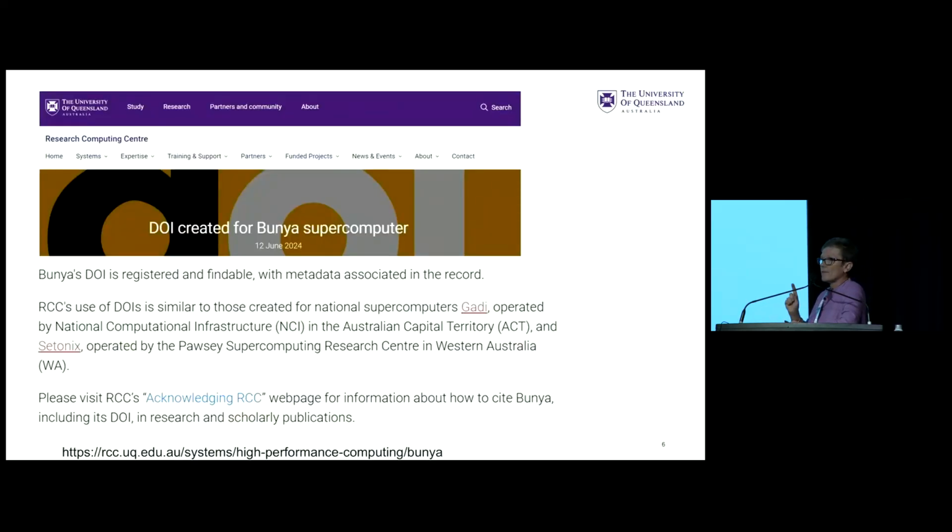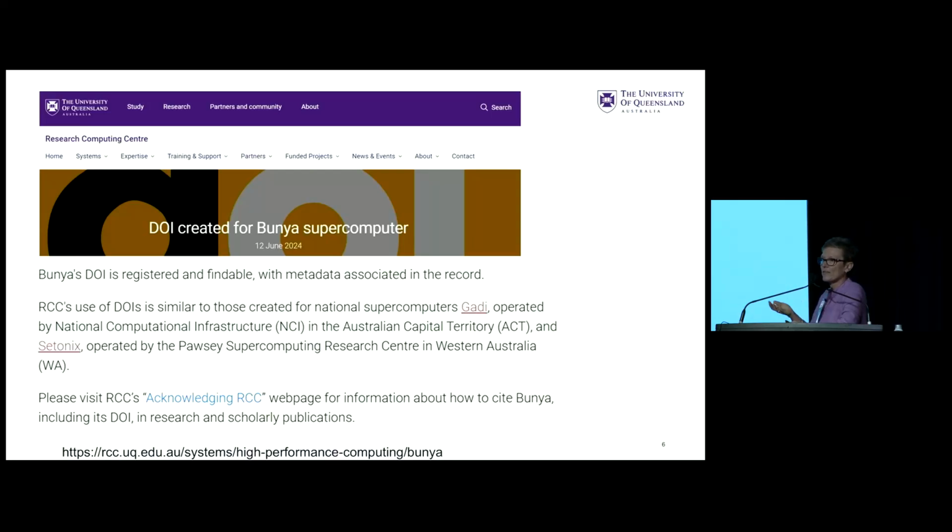The same cannot be said for the way we started doing instrument PIDs. This is going back over a year now. We had a lot of interest to do a DOI for Bunya, our supercomputer. And under pressure from the people who run this, we did mint a DOI for them and we warned them it's not a good idea to send that to a web page. Within a day, that was giving an error. It wasn't resolving properly. We fixed it.